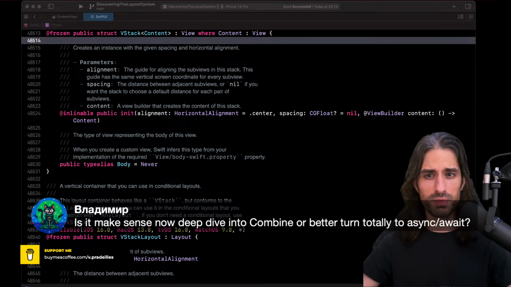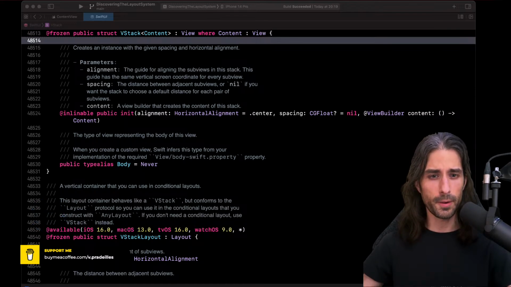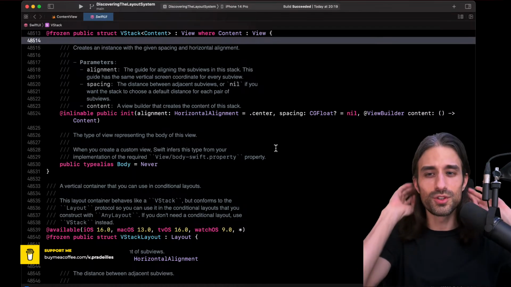I don't want to go deep into it because it's not really the topic, but I still want to give an answer. For a simple SwiftUI app that will just make network requests, async await is probably good enough for most use cases. So I would say focus on async await, and when async await is no longer enough, then focus on Combine. You should find that most of the time for simple use cases of asynchronous code, async await is more than enough. And yes, it's better in the sense that for simple use cases you get the same result with less code. So that's probably a way to define a better software solution.